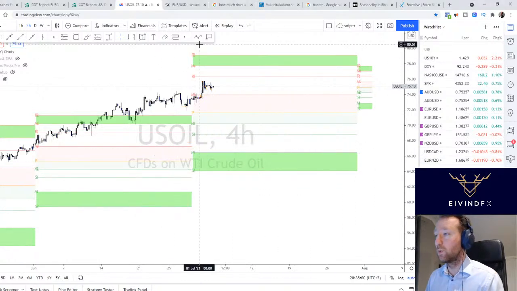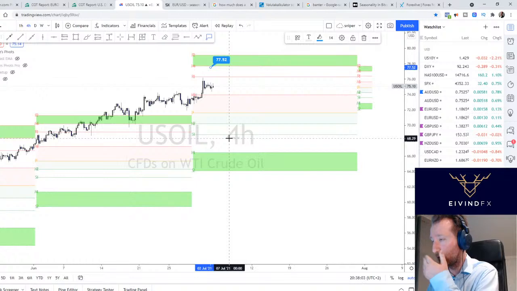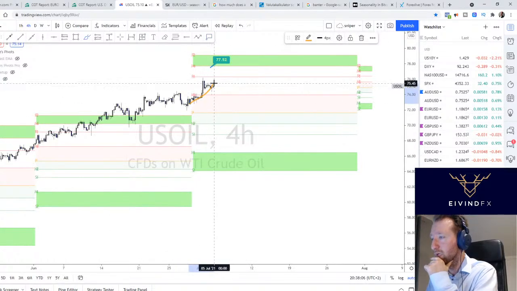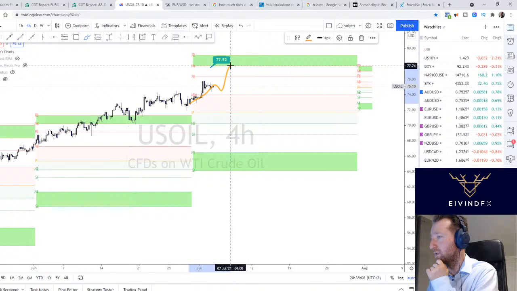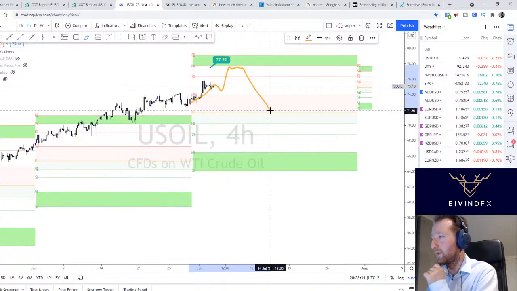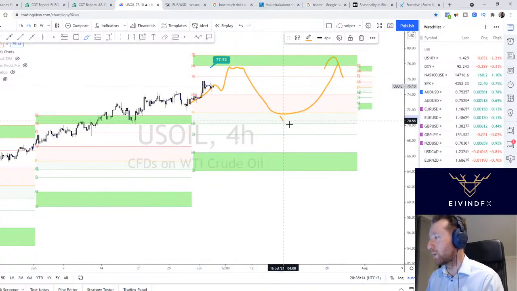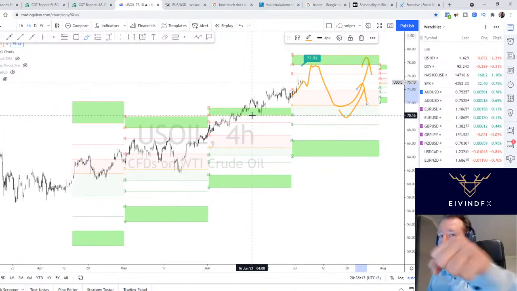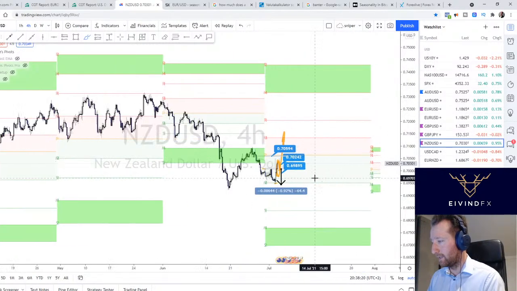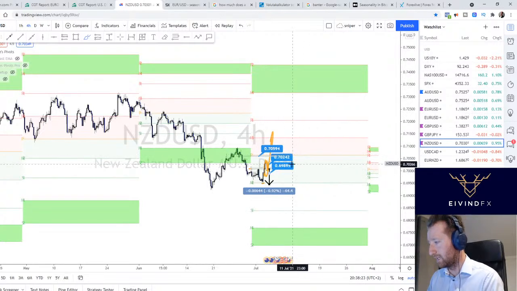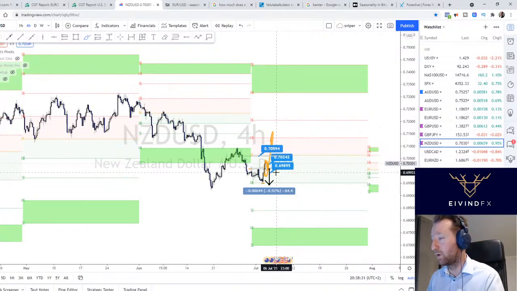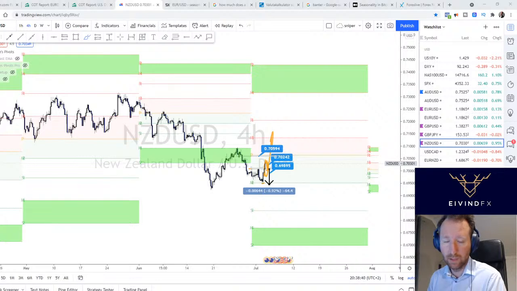Oil. Yeah, sorry, oil. So oil has a target of 78. It's still open, so if it comes to around this price, you probably want to get out. And then you will need to look for a buy again at 72 or 70. New Zealand dollar is a buy at around 70 or 69.80. That's not a signal or whatever, it's just what I want to look for. On New Zealand dollar, I'm looking to buy. That's the only way I'll do it.